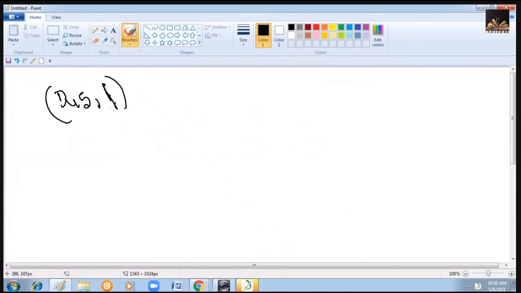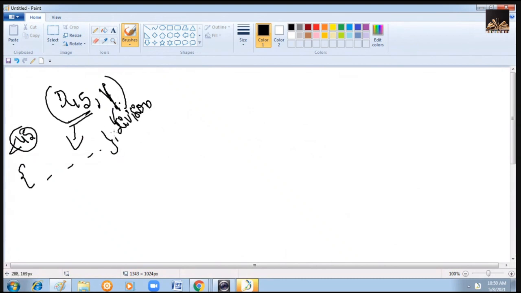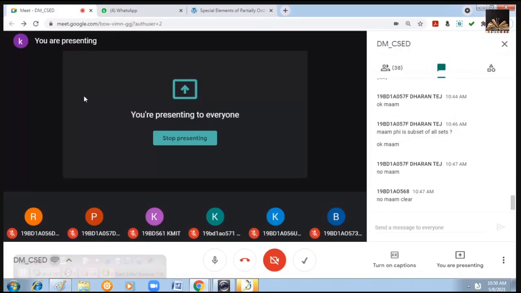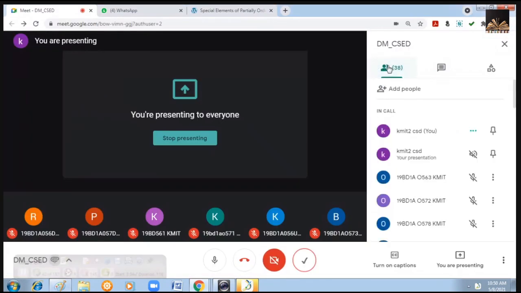The slash means you remember that it is a division operation. Something like you'll write 1 by 2, 2 by 3, like that. That is the slash, that means it is a division operation. So what is this D45? This D45 contains all the positive integers less than 45 which are divisors of 45. You please do this. Meanwhile, I'll take the attendance.